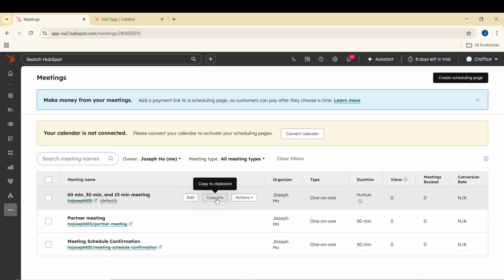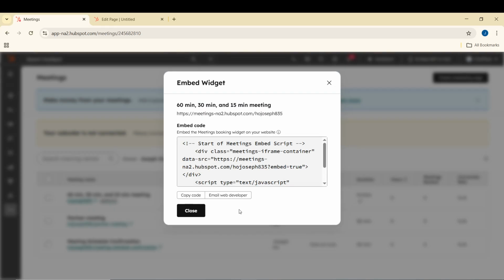Next, hover over the meeting link you want to use. When you hover, you will see an Actions option. Click Actions, and then select Embed. This opens the embed options for that specific meeting link and gives you the code needed to place the scheduler